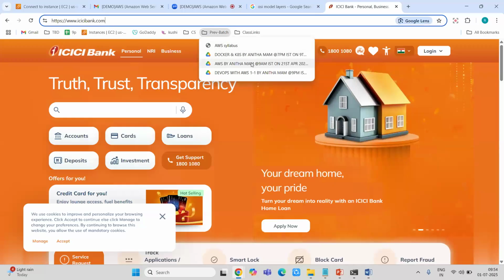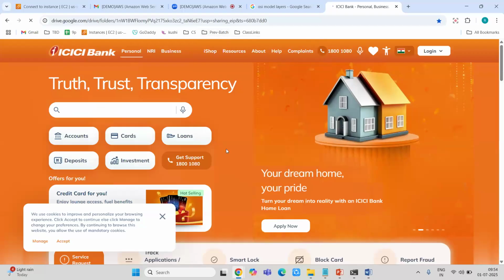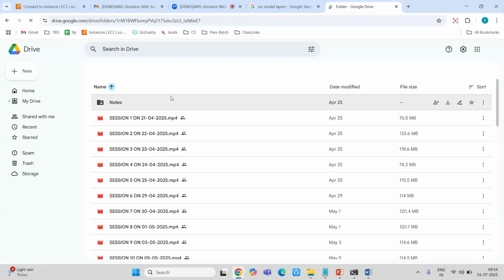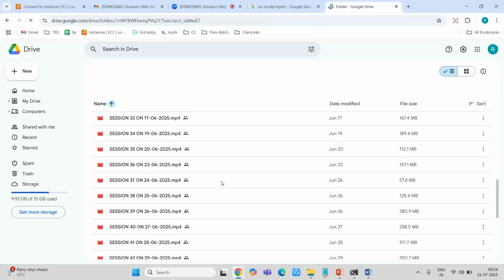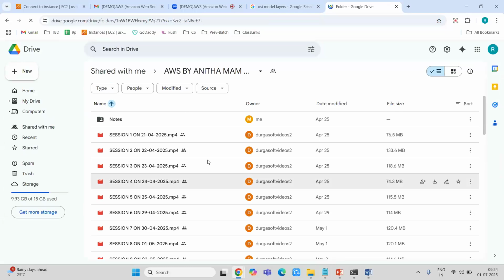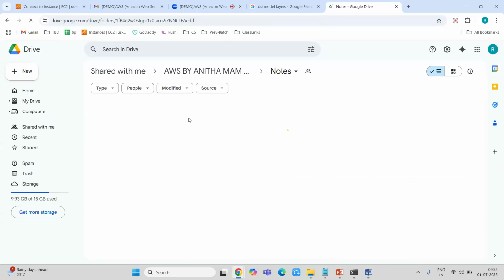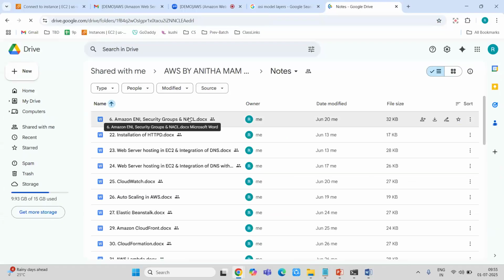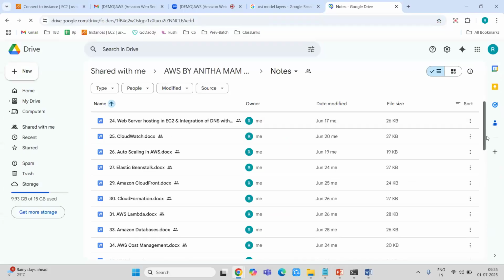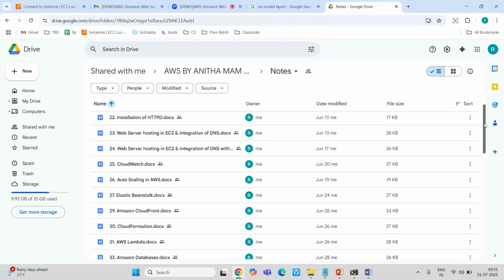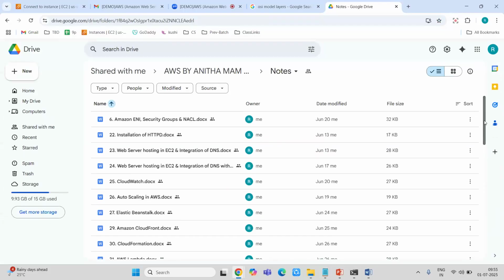Yeah, visible. So these are all my previous batches' notes that I have already uploaded. I just want to show one. This is how the recordings would be uploaded, from the institute's end, before the end of the day, and it depends on MBs. If it is not huge, then they'll upload. Once you register for the classes, you will also get the demo sessions uploaded, and I'm responsible for uploading the notes. See, these are all the notes uploaded by me. Right after the session ends, I'll be uploading the notes.